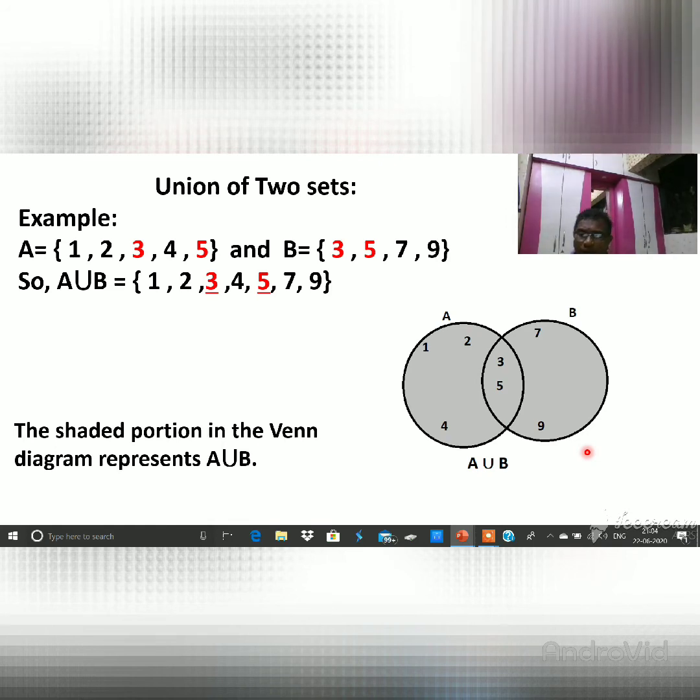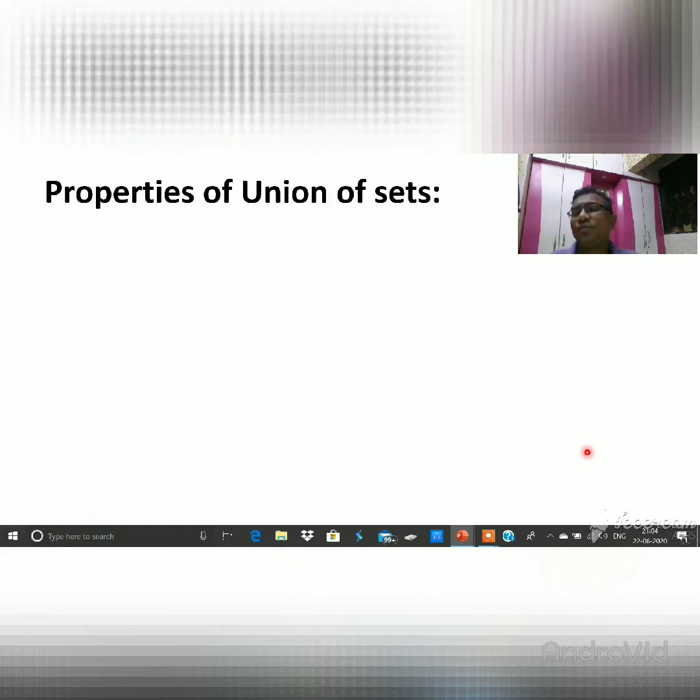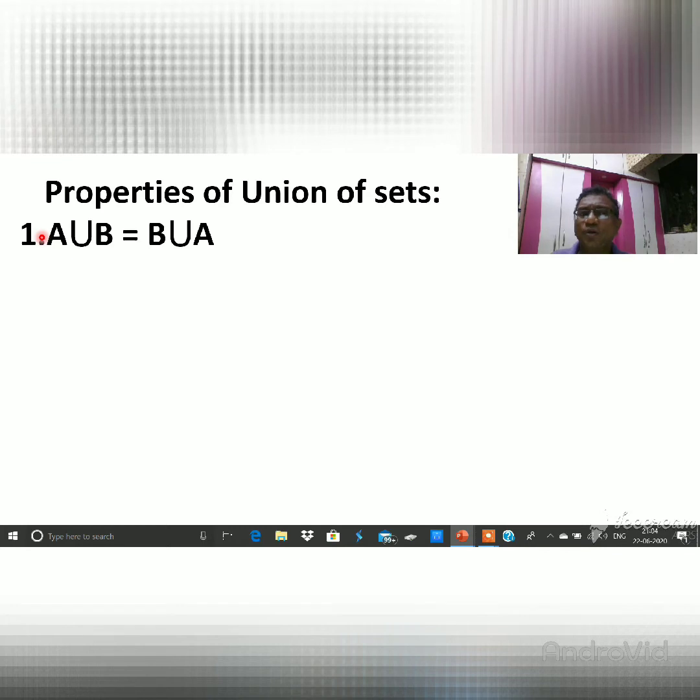Okay, then we can see the next thing. So what is the next thing? Just see, the properties of the union set. We just learned the properties of the intersection sets, and now we are going to learn the properties of the union sets. So A union B is equal to B union A. It means whatever the elements of A are, those elements get together with B. Then what you get is B union A.